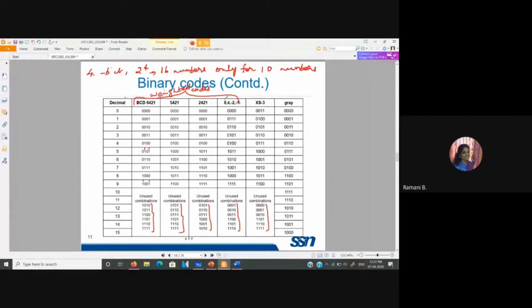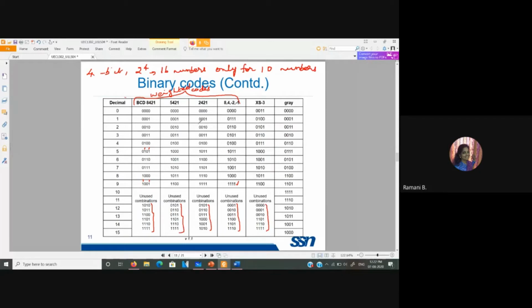So here with 8, 4, minus 2, minus 1, or in some cases it will be mentioned as 8, 4, 2 bar, 1 bar. So for representing 9, 8 plus 4 gives me 12, minus 3 gives me 9. So 9 is represented as 1111 in case of 8, 4, 2 bar, 1 bar code.